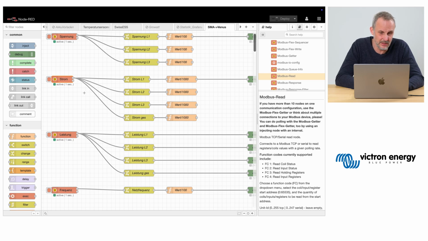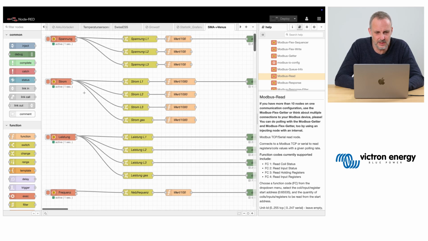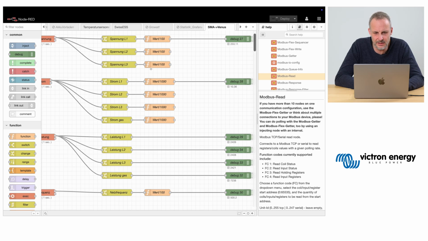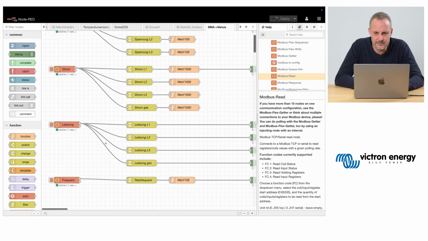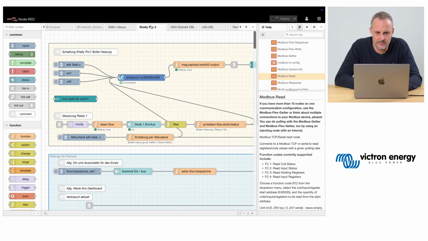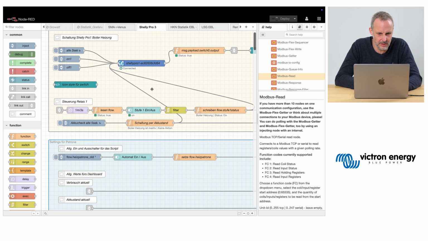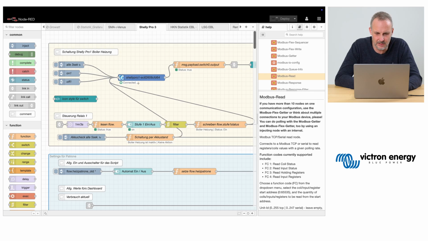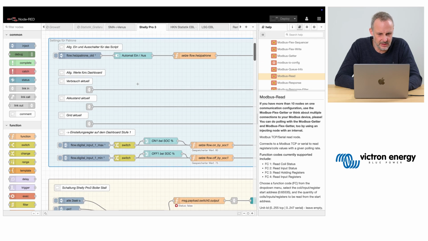This is a way how you can read out some other devices on your network and use that information just to make some calculations or steer, say, the amount of power you want to go into your batteries. Also, you can use Shellys, which are usually used for measuring or switching equipment.